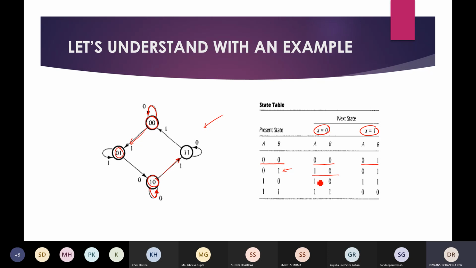One minute, there is a little mistake. Okay, yeah, this is for